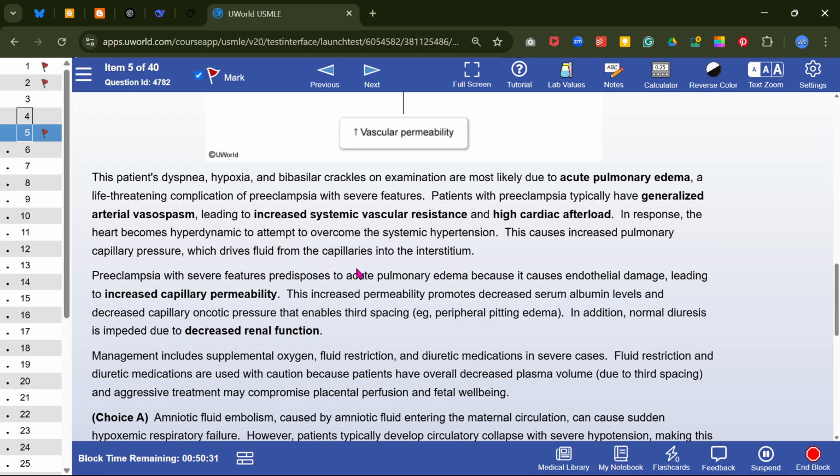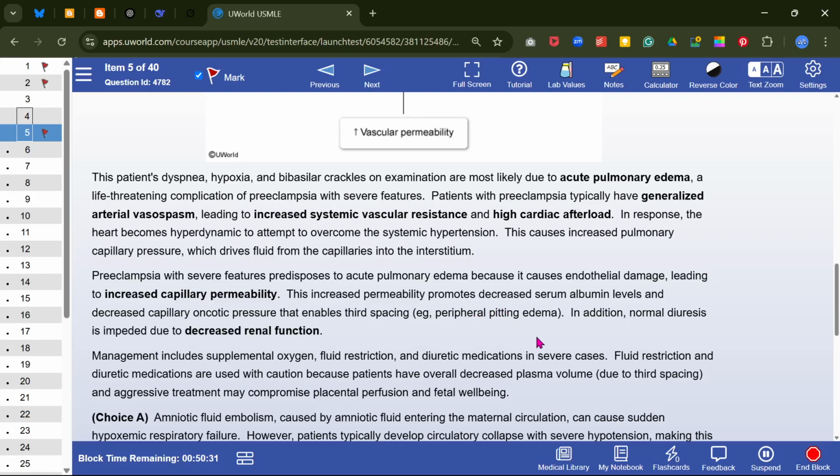Preeclampsia with severe features predisposes to acute pulmonary edema because it causes endothelial damage, leading to increased capillary permeability. This increased permeability promotes decreased serum albumin and decreased capillary oncotic pressure that enables third spacing,